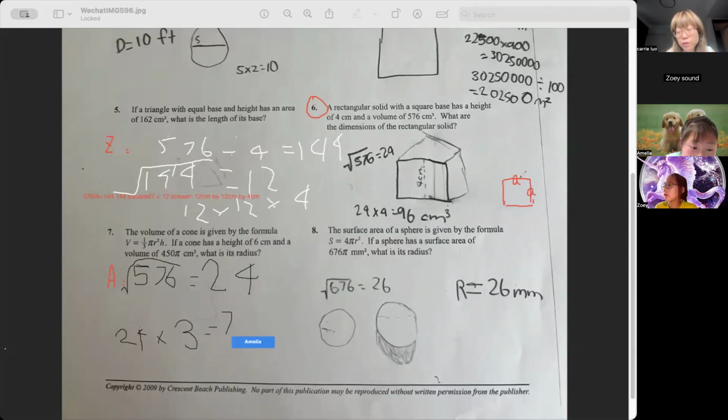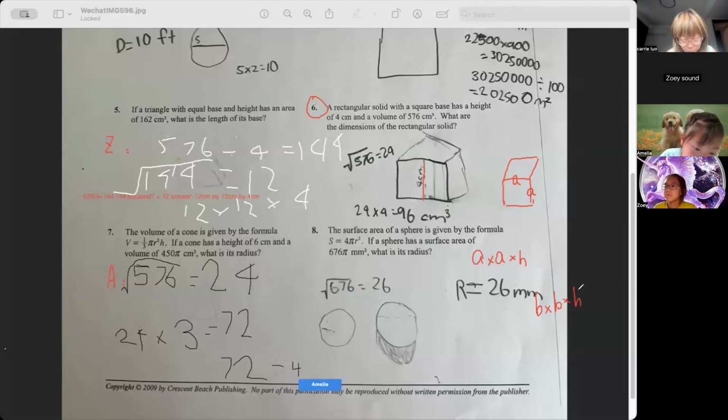We don't know, but I can just call it b, right? But we know the height is 4. Very good. So do you know how we calculate the volume of the rectangular solid? For a rectangular solid, it's base times base times height. Right? Or we can say it's b squared times height. Correct? Okay, so base squared times height equals